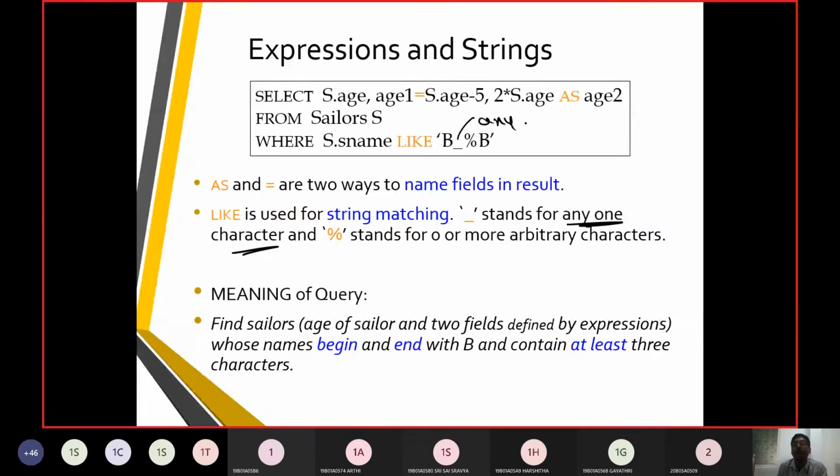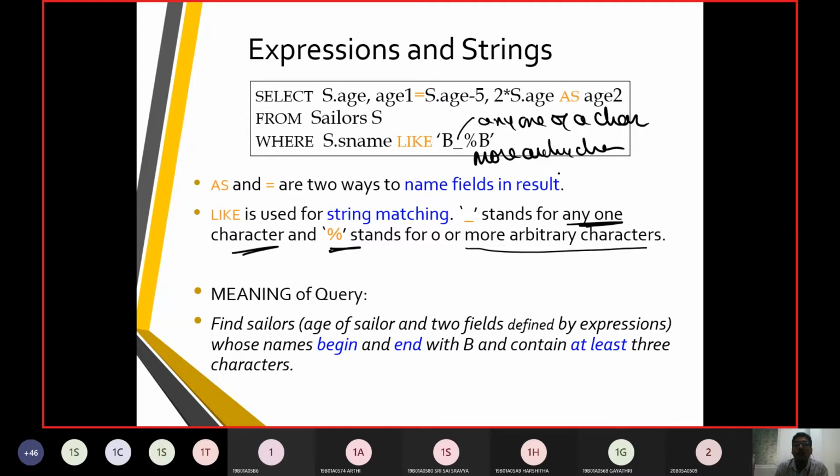So this is any one character. Next, percentage stands for zero or more arbitrary characters. So this is standing for more arbitrary characters.